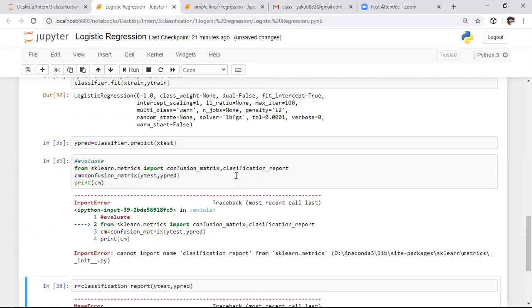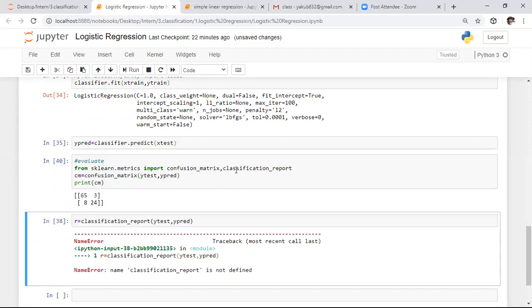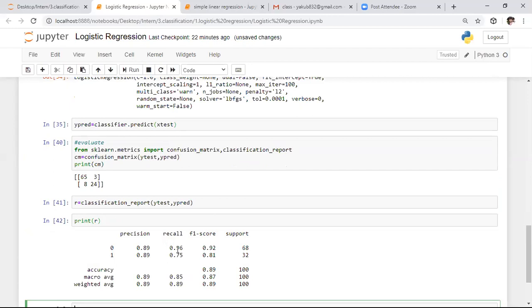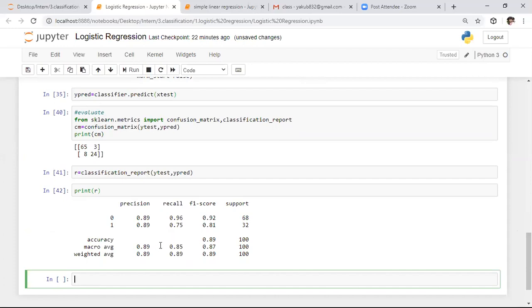Initially we need to run this portion. Yeah, some spelling mistake. Classification. Sorry, here is missing. Yeah, good. Here I want to see the classification report. It is like a progress card only. In this progress card, we will get all the parameters or metrics. If you observe, we got a complete classification report, and in it you can see accuracy as 89%.